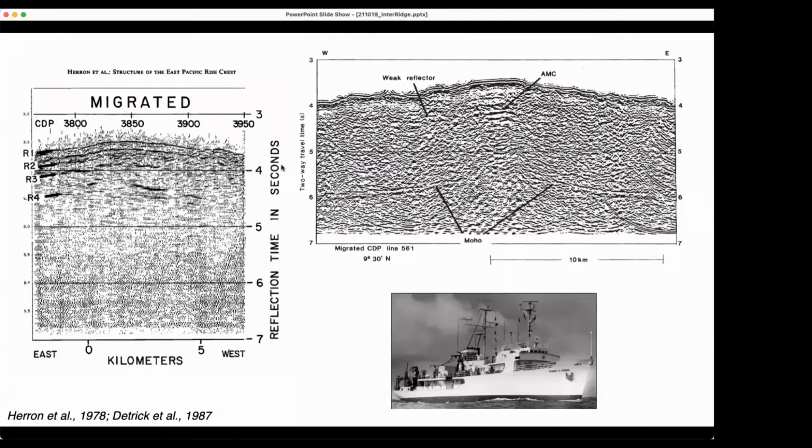So people have been making breakthrough discoveries here really since the 1970s. For example, this is one of the very first times that we've been able to use seismic reflection imaging to image an axial magma chamber. So this is a pair of images collected by the group at Lamont in the 1970s and 1980s using the Robert Conrad. And this image on the left is from a paper in 1978 where you can see very nicely,